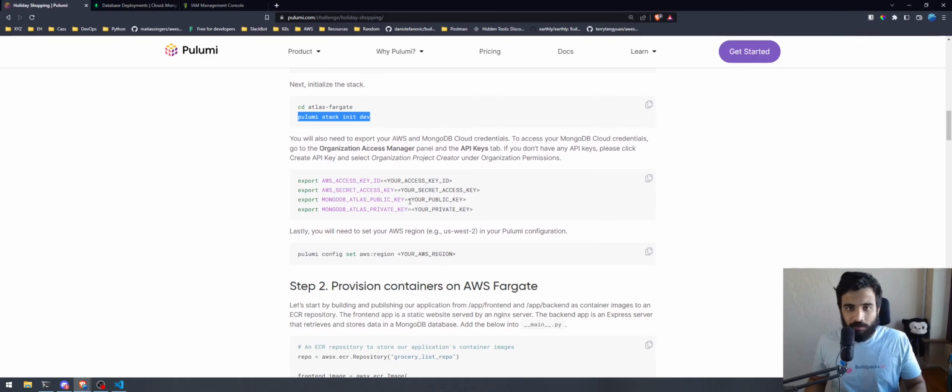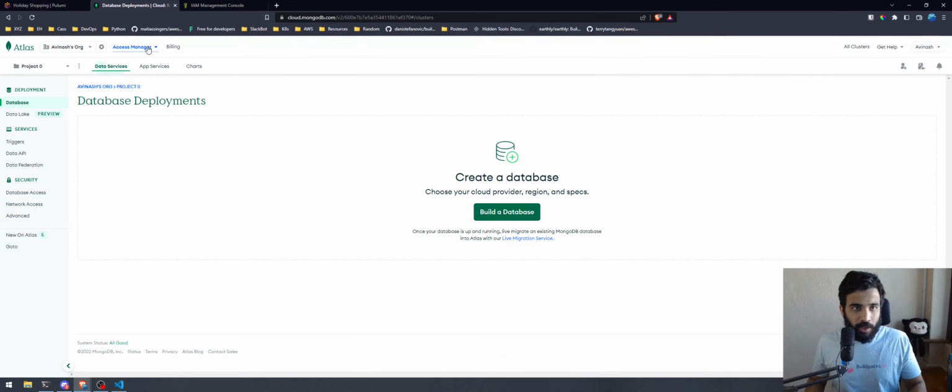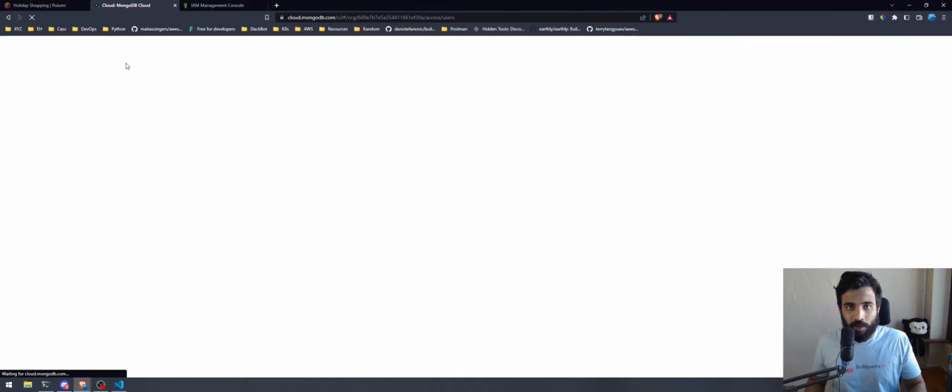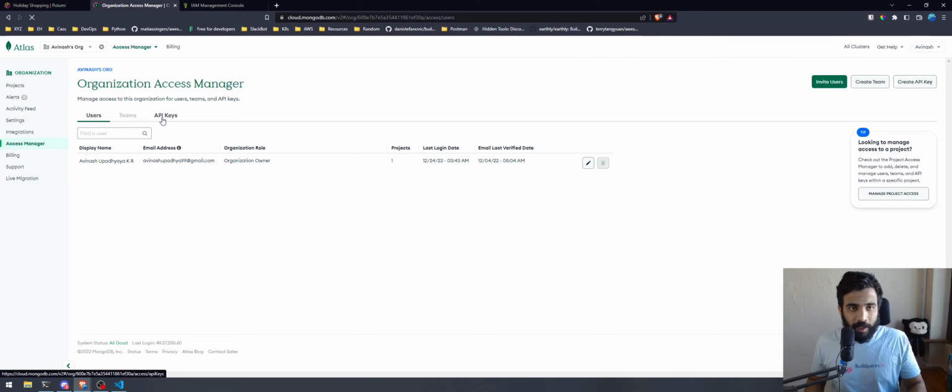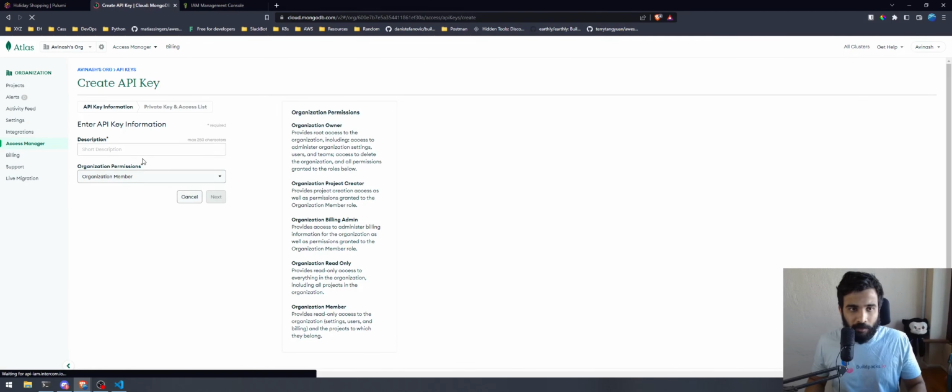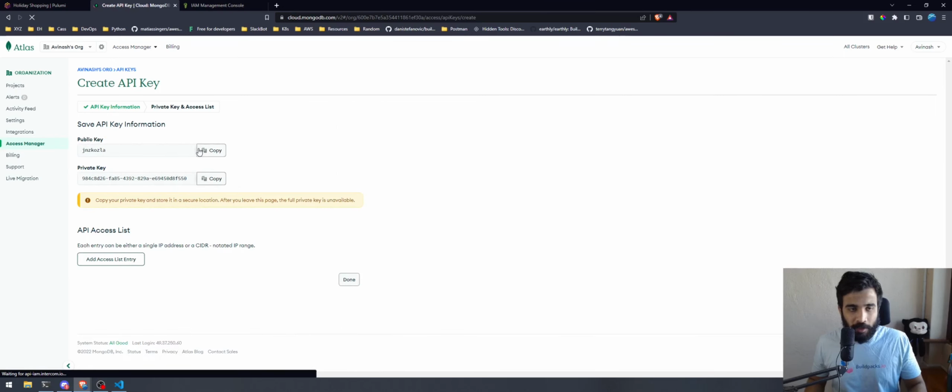And we'll also set some environment variables. We'll not require the AWS access key or secret key as environment variables because we're using the AWS CLI to communicate with AWS, although we'll need to set up the MongoDB Atlas public key and private key. So the MongoDB Atlas public key can be created by going into the access manager and organization access inside the MongoDB Cloud Console, and API keys, and we can create a new API key for Pulumi. The API key will need permissions to create a project, so we'll give it organization project creator permissions as well,